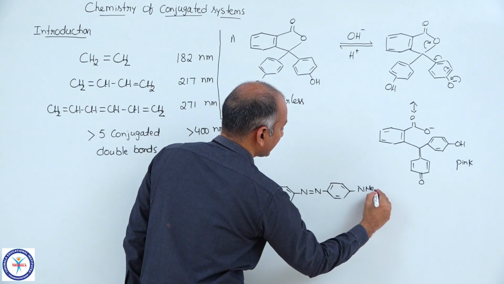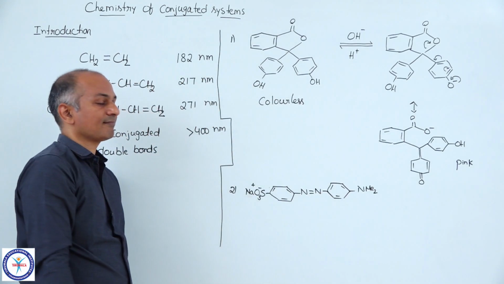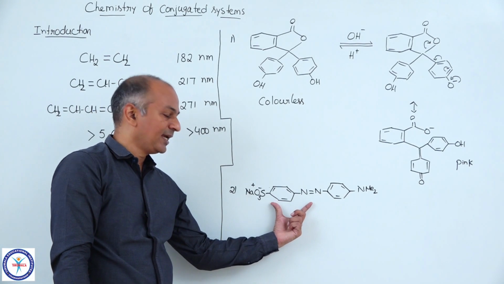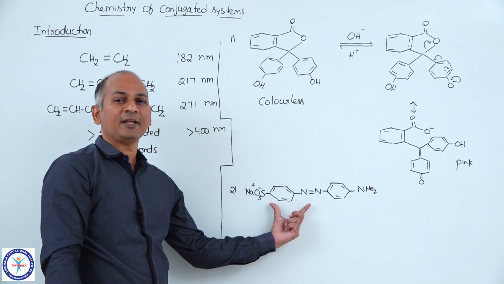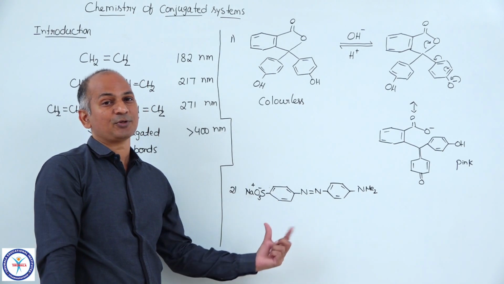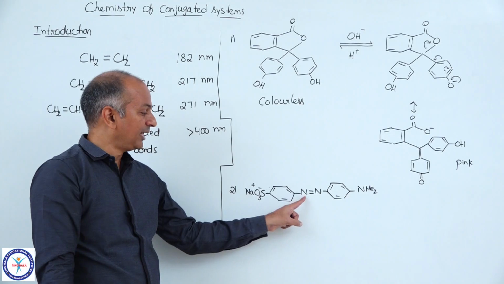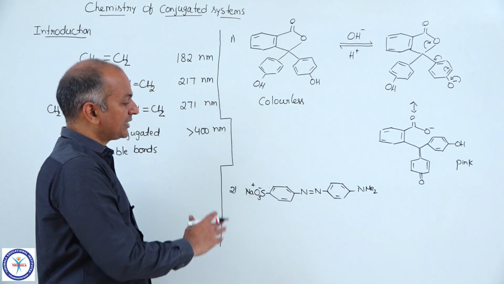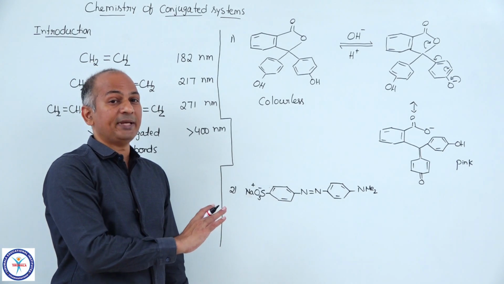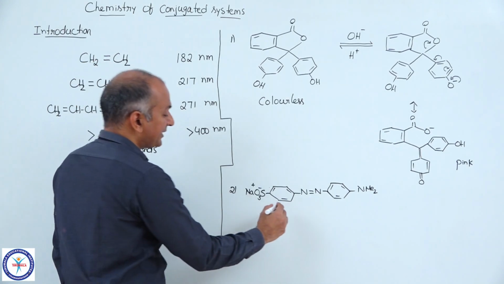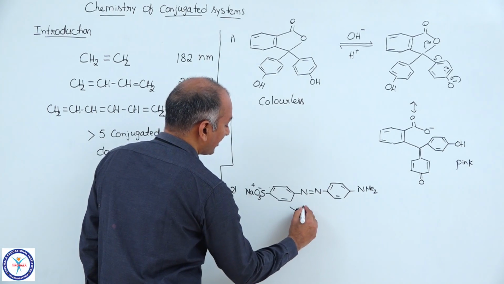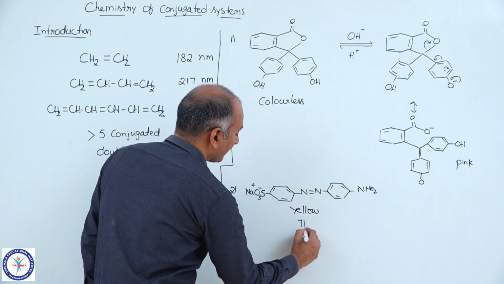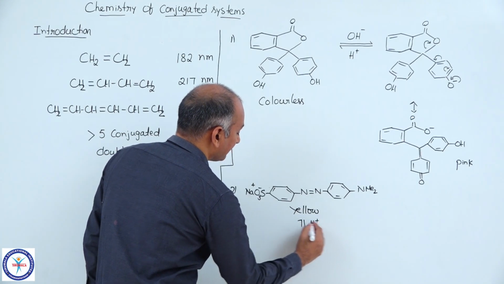NMe twice, methyl orange, a very famous dye which is obtained in a very famous reaction, that is a diazo coupling, and you see diazo link between these two benzene rings. So this is methyl orange. Now this is the methyl orange structure in basic medium, and you know in basic medium the color of methyl orange is yellow. Now suppose you dissolve it in acidic medium,